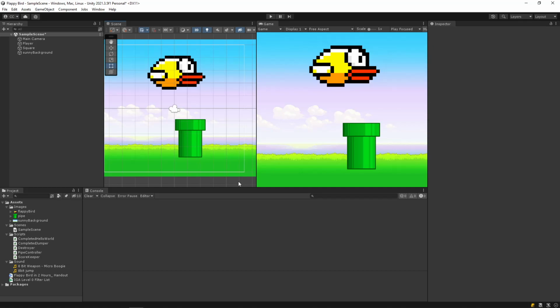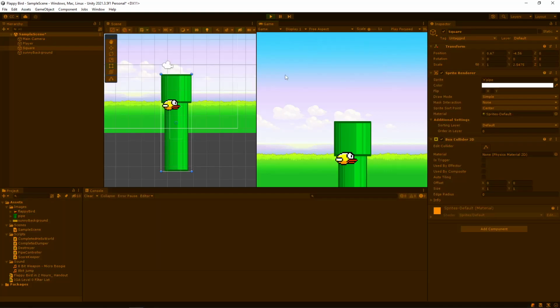And then for this pipe as well, I'm not going to hold down shift. I just want to make this longer. It'll work for my purposes. And if I click play, we'll actually notice something kind of silly happen. Pow.